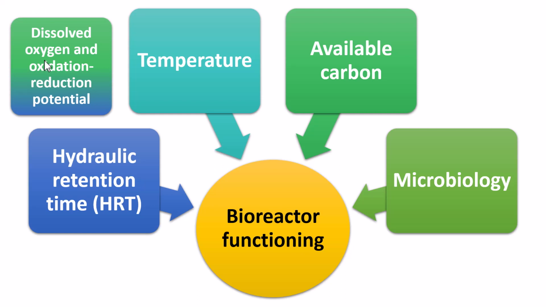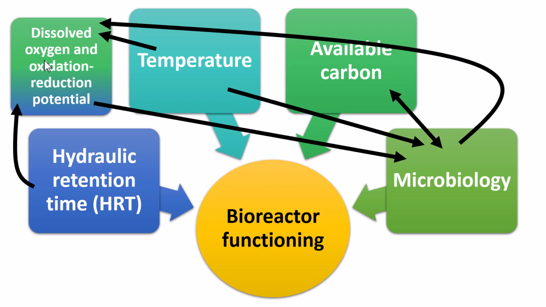So now we're not just talking about having denitrification occur, but how to actually maximize that process. And to tie to our last lesson, DO and ORP were not specifically on this diagram, but of course they underpin bioreactor function, because you know by now we're looking to achieve those anoxic conditions. And DO and ORP both influence and are influenced by these factors. I started trying to draw these arrows, but it got super complicated, so just know that these themes are all very interconnected for our bioreactors.